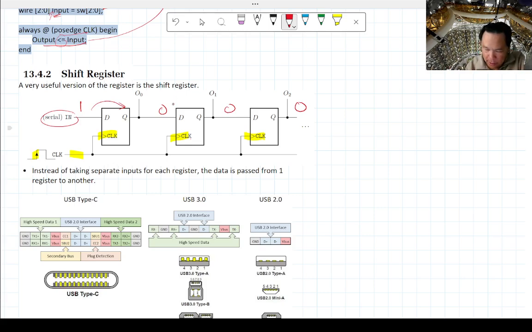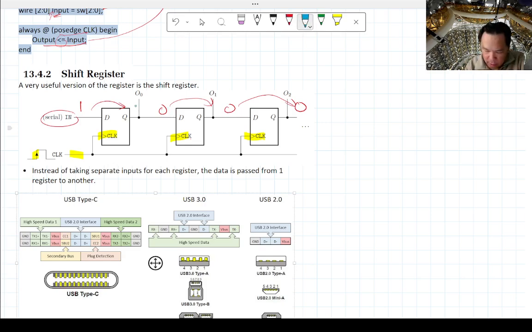And that same time means that, before this 1 gets there, the 0 gets sent forward, and then the 0 gets forward. So basically O0 is going to change to 1, but then O1 and O2 stay the same, because the data that they had already tell them that, oh, I'm sending 0. Okay,